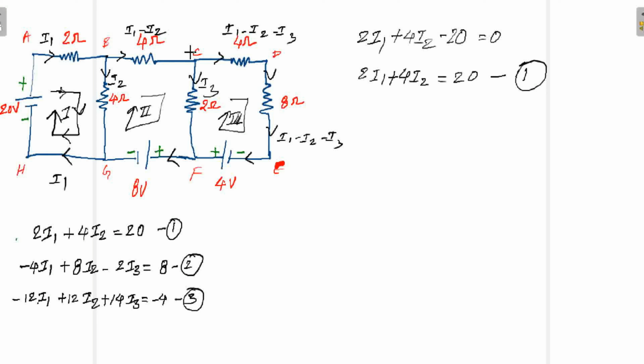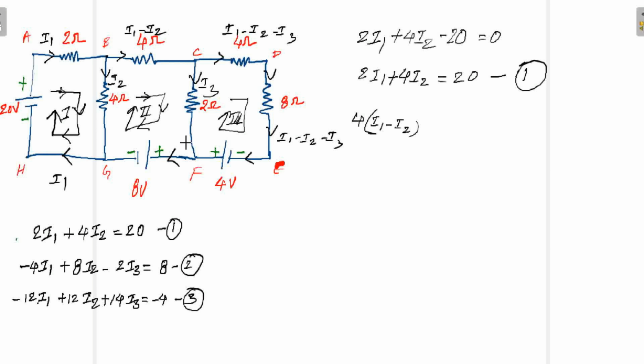Now come to this. Start your journey. This is your loop current direction. Branch current direction are the same. So how much amount of current is flowing? The current is I1 minus I2. Just simply write 4 into I1 minus I2 voltage. Next, come to this branch. You have completed B to C journey.